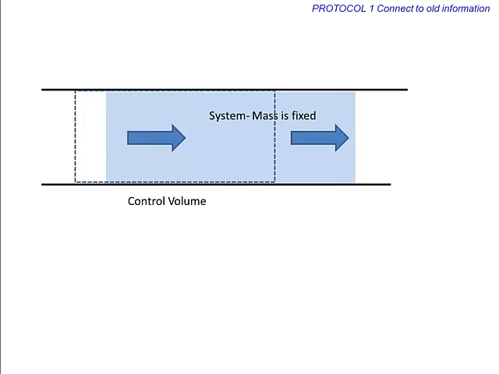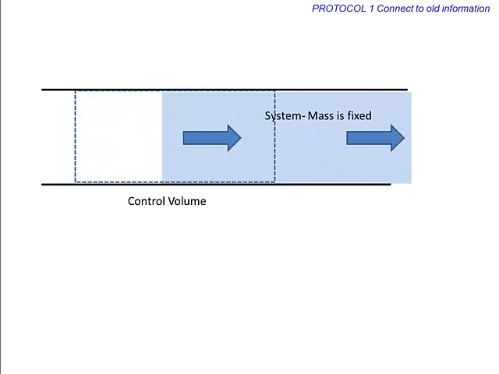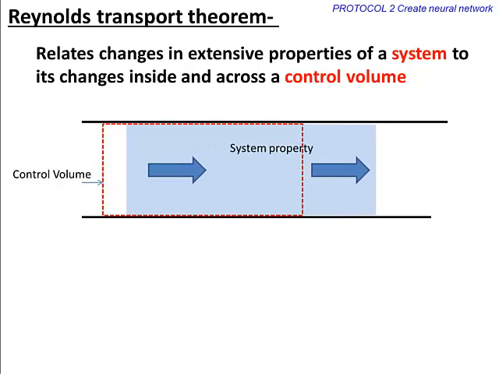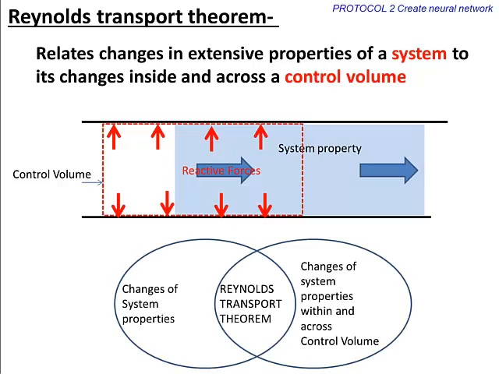When a system moves through a control volume, its extensive properties may change. For example, a change in momentum of a fluid system causes reactive forces on the control volume. In this video, we discuss the Reynolds transport theorem that relates changes in extensive properties of a system to its changes inside and across a control volume. The goal is to derive appropriate mathematical relations that can be used for fluid dynamic analysis of a given flow